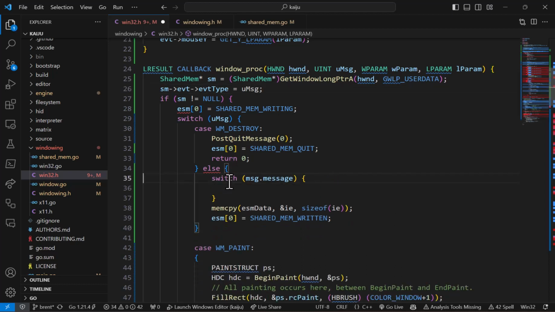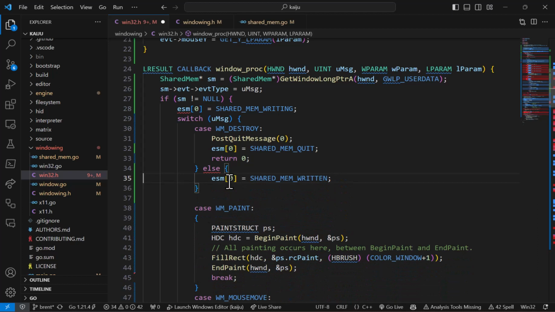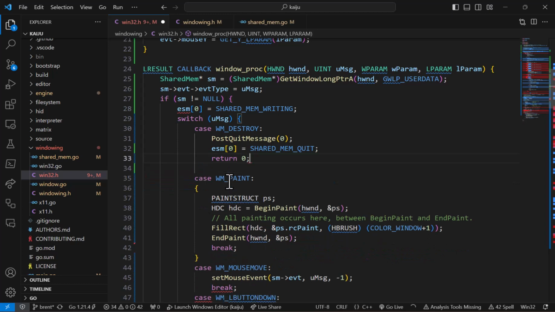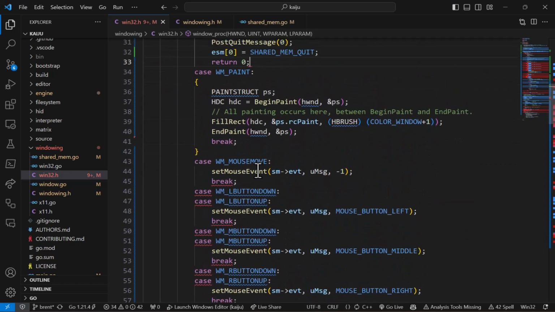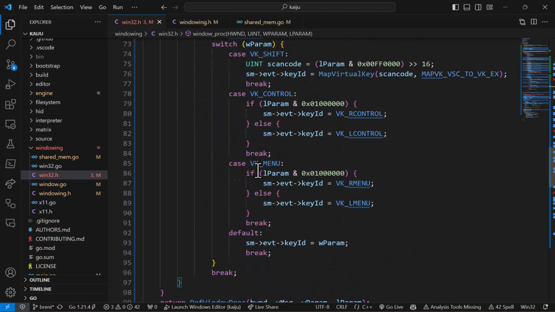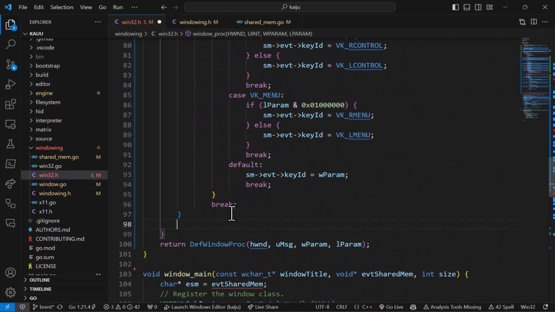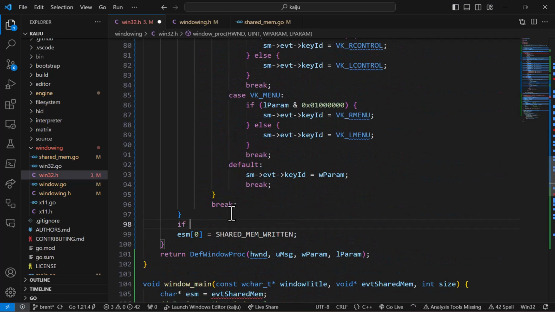We don't need that or this or that or this. We do need the written. So we need to put written down at the bottom. And we only want to mark it as written in the case that it's not a quit. So if SM event type is not equal to quit,